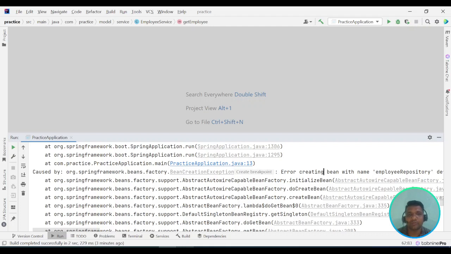Hi, in this video we are going to see the employee repository interface, which is not referenced using Autowire. So now first we start the application. Now see,